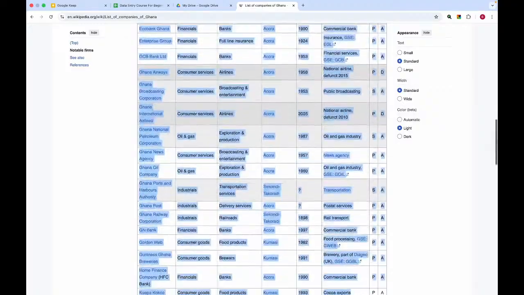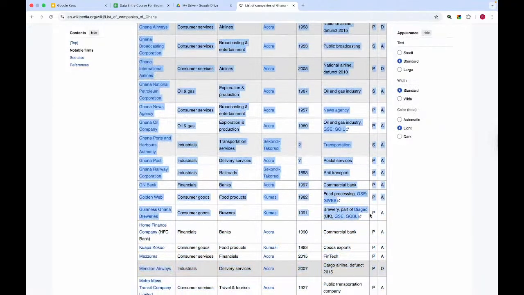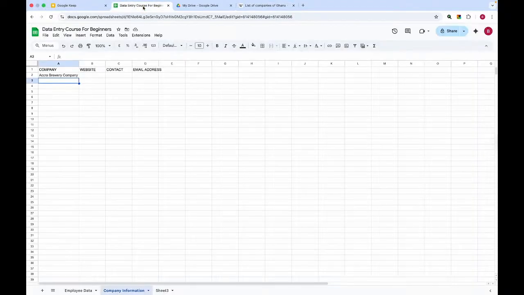So you can select as many as you want. Okay, so let's add this. And then you use the keyboard shortcut Ctrl plus C to copy. If you're using Microsoft Excel, you head over to your workbook. If you're using Google Sheets, you head over to your Google Sheets file, and then you're going to